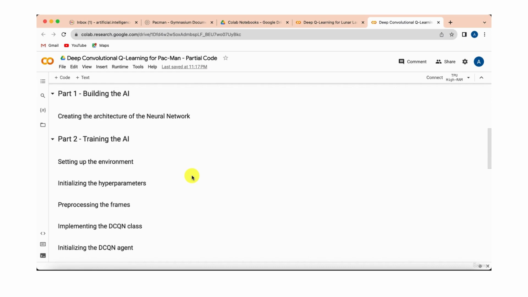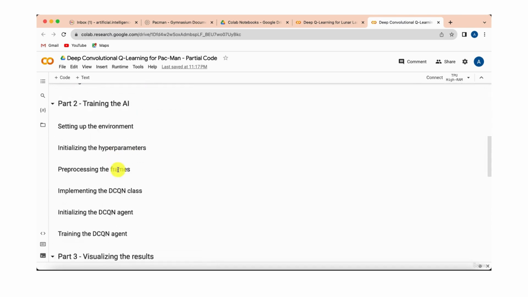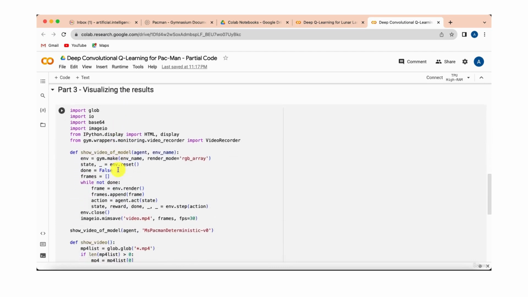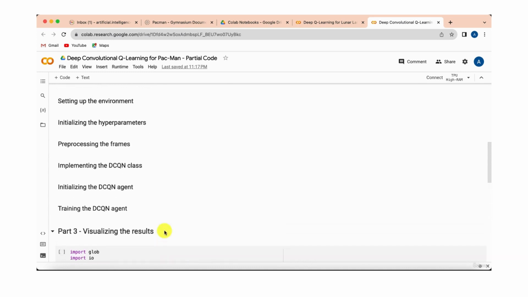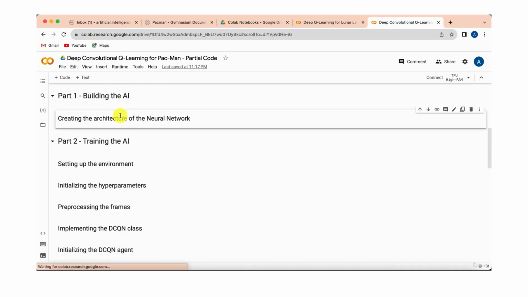This partial code notebook contains only the code that is not essential to building an AI, not related to building an AI. So it will contain the code that installs the Gymnasium library, just like before, that imports the libraries, and then that visualizes the result. And this is exactly the same code as before, only the name of the environment changes, okay? And of course, in this new part 2, we'll implement all these cells, starting by creating the architecture of